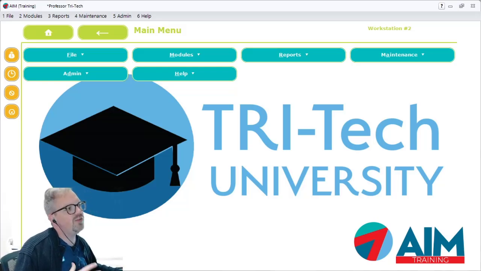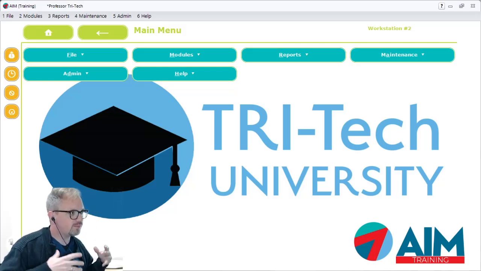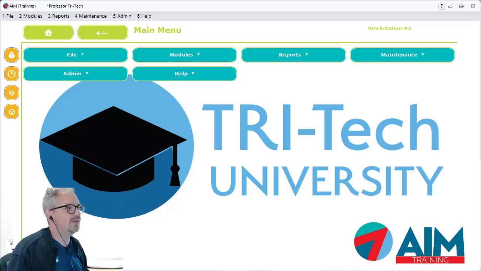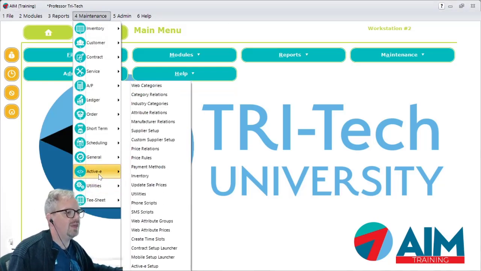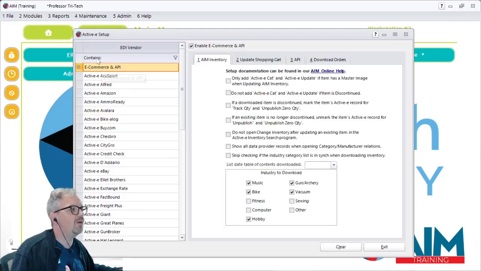But when you are first getting started with Active e-commerce, when you've signed up for that service, and when you've started to get some information about connecting your system to those solutions, you will be going into the Maintenance and Active E menu down to the option here right next to my hand called Active E Setup. This Active E Setup area is where you do everything relating to Active E solutions, but you'll be clicking up here at the top where it says E-commerce and API. You'll want to make sure that this is enabled, and then you'll go over here to the second tab, the